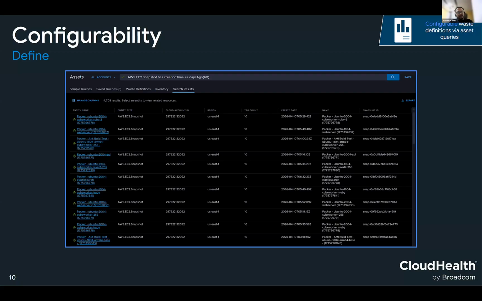We will have out of the box content, and you can clone that out of the box content and modify it accordingly, or you will be able to create new definitions as well. In future, let's say if it is for downsizing recommendations instead of waste, or it could be RI recommendations, you would see a similar screen in context. The waste definition context right now is in assets, because it is driven by resources underneath, but every context would be different. But you will be able to do similar steps, what you see here, in all those contexts.